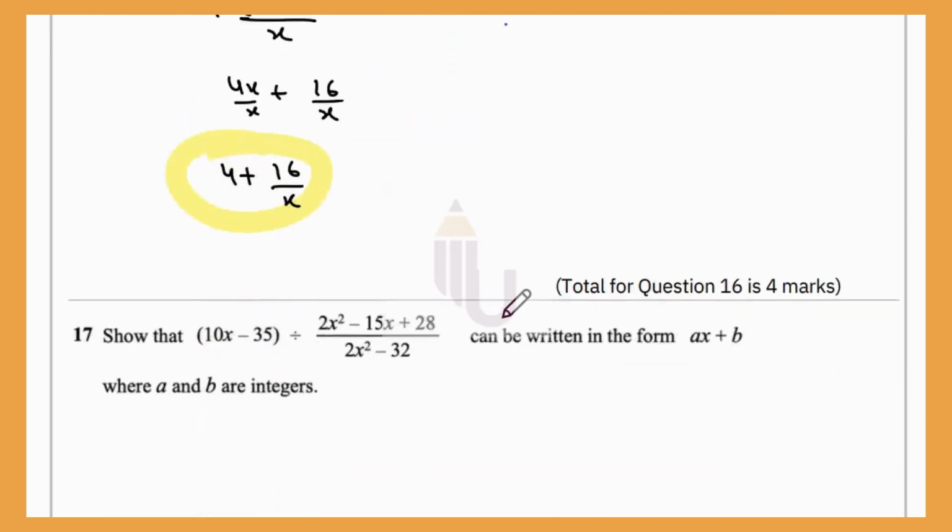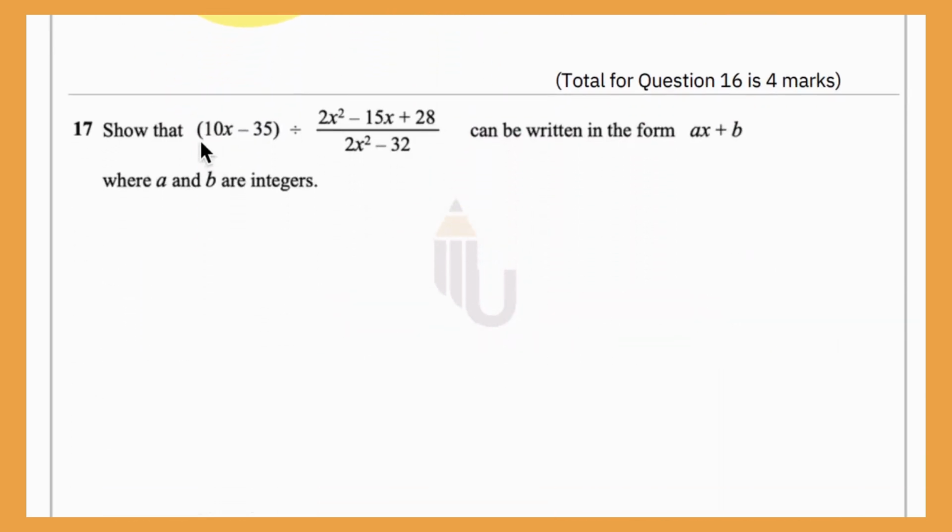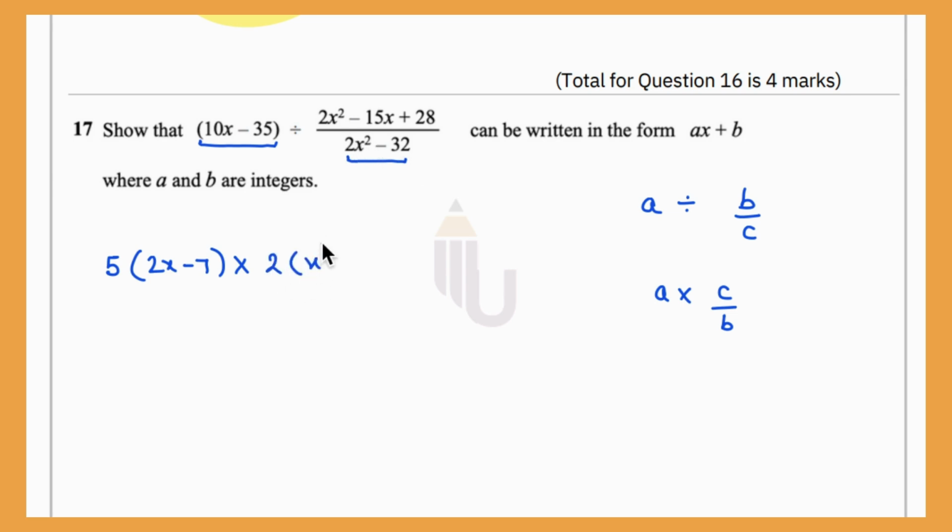Next question. Now in the next question, we have a term over here and then it is divided. Okay, so whenever we have a divided by b by c, it can also be written as a times c by b. You can flip those terms and then you can just rewrite. While doing that, we will also take terms common. So it will be 5 times 2x minus 7 times, in the denominator which will come up, it will be 2 times x square minus 16, while the one which will go down, it will be 2x square minus 15x